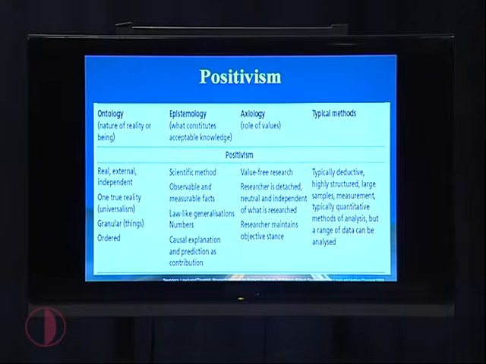And to be value free, the researcher is independent from what he researches and maintains an objective, not subjective, stance, and typically it's deductive and highly structured, with a large sample when you make sampling and you make the analysis